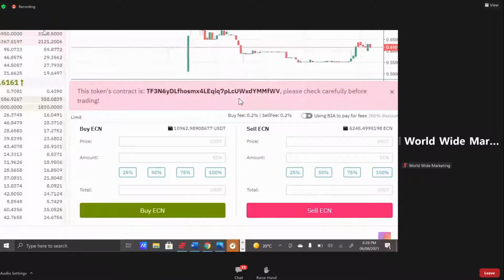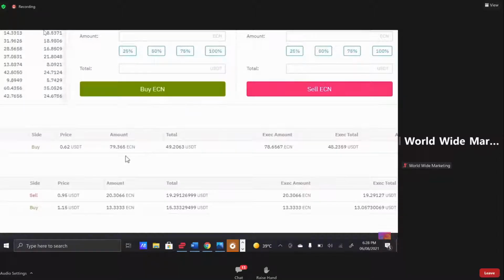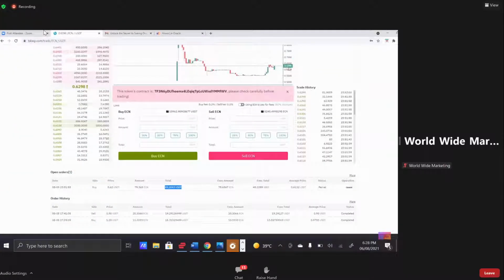Limit order created. Now you can see below, I placed the buy order at the rate of 0.62, with the amount, the number of ECN, and how much USDT I spent, 49. The status is partial because the rate jumped when I entered.